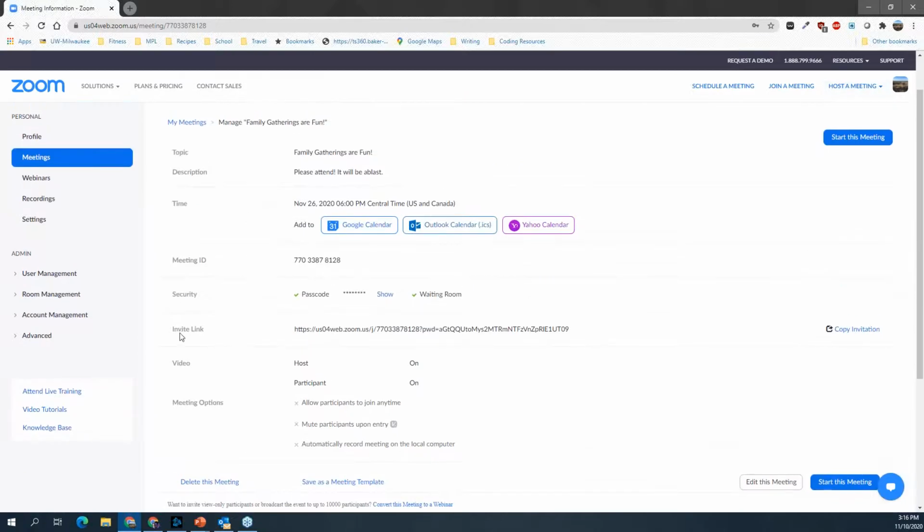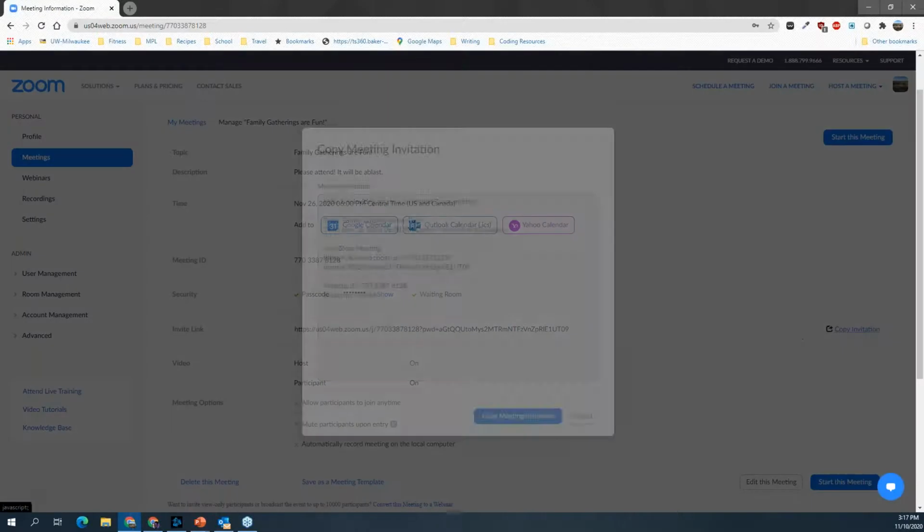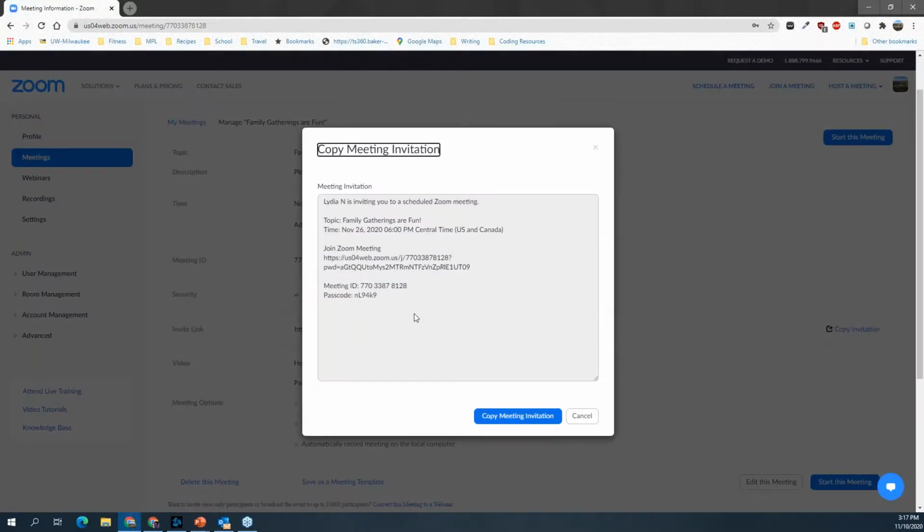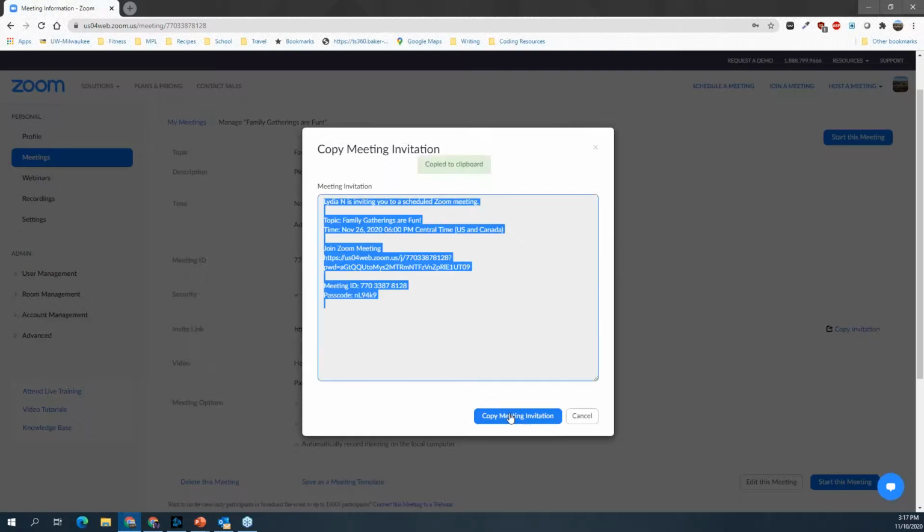So if we scroll down a little bit, right in the middle of the page almost, we see this invite link. So if we go over here to the right and click copy invitation, we'll see a meeting invitation. So I would copy this meeting invitation and you'll see it's copied to my clipboard. And from there, I could simply paste it into an email